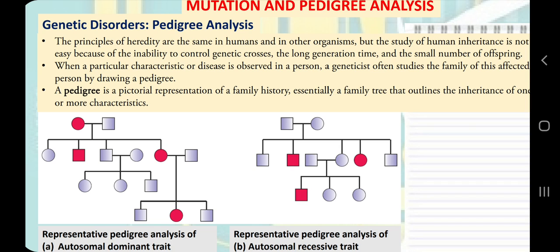Then why do we have family histories of any character? Because of diseases. Some diseases are very deadly for common people, and they cannot survive the hardships they face. But in royal families, if any royal people discover any disease in their kids, they can take extra care, because they have the facilities to take care of those kids. For example, hemophilia and color blindness are those types of diseases which we are going to study in our next slides.